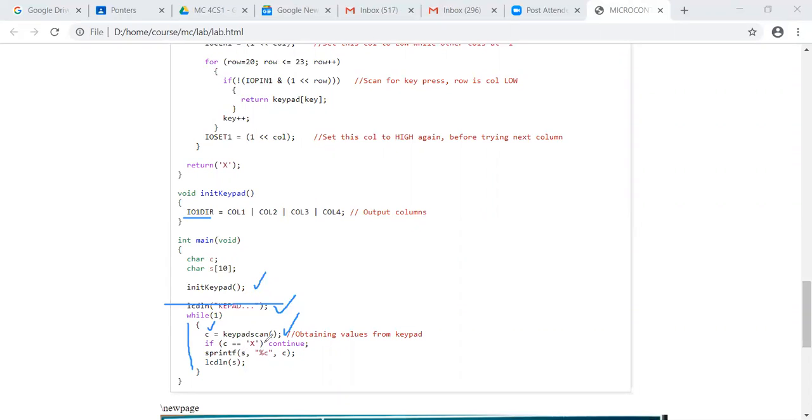And if it is a valid digit, you print it onto the LCD display. So convert the digit into a string and give it to the LCD library, which displays the digit onto the LCD screen. And we will explain what that X is as part of the keypad scan.